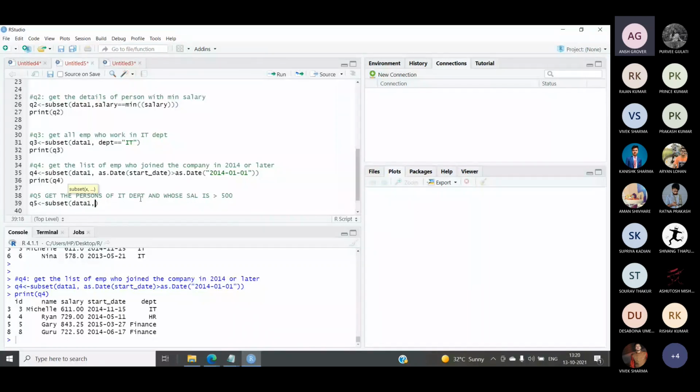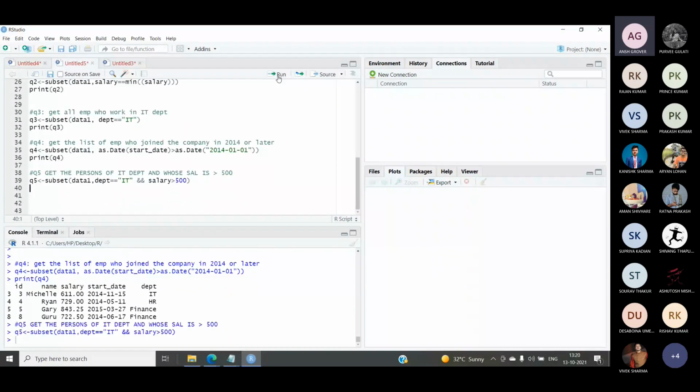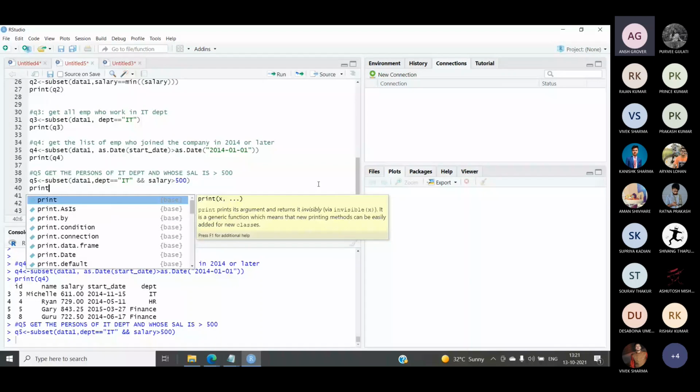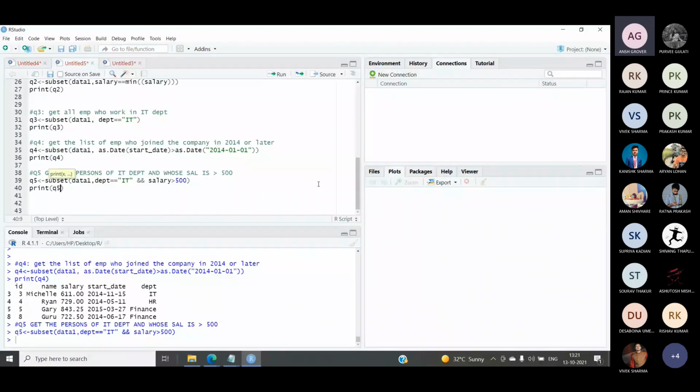So I will write department IT. Then I will specify and here I will specify salary greater than 500. So let's try to run this. Done. Now let's print the result of this query. So for that we will print Q5 in this case.